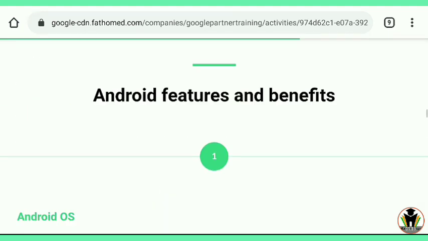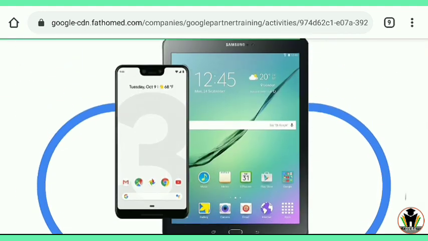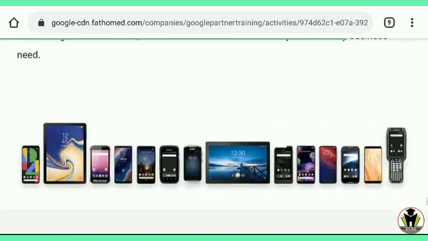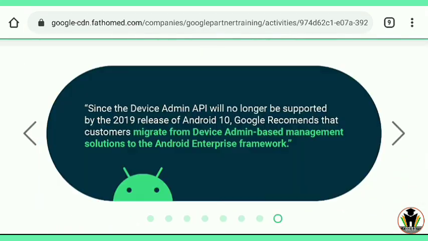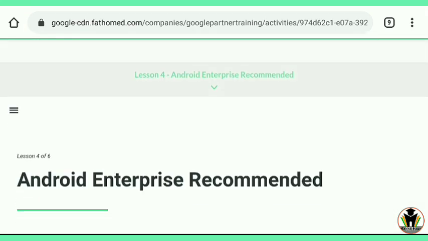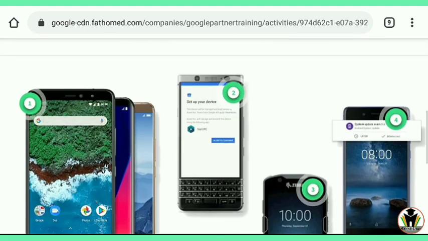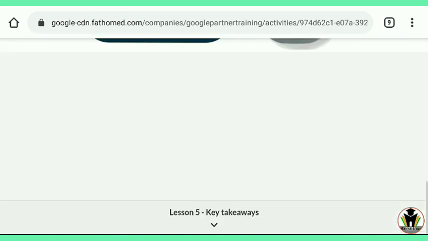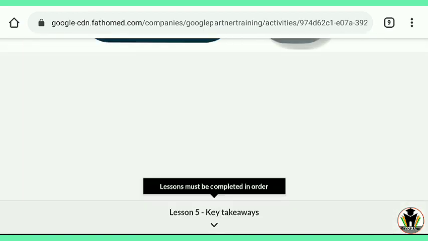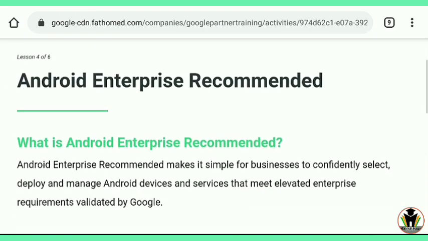And if you want the certificate instantly, then just follow as I am showing in this video. 15 minutes is the minimum time you require for getting this certificate. Now this is the next lesson, and here you need to tap on all these buttons. You can see it is written that lessons must be completed in order.